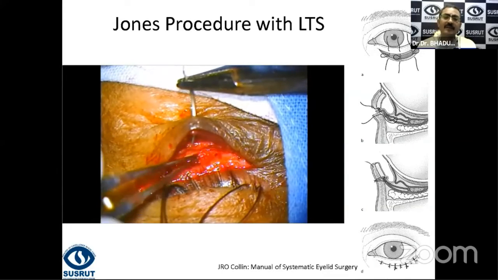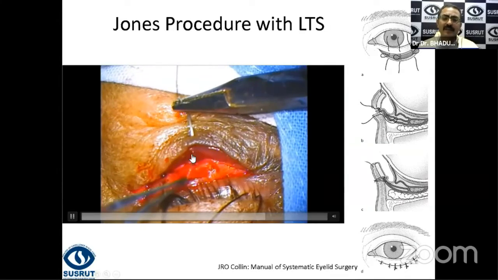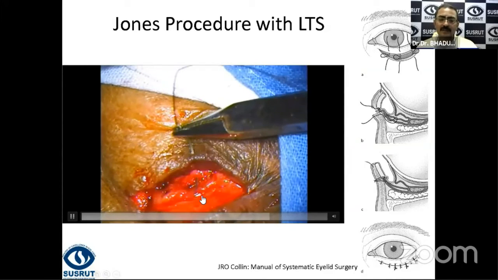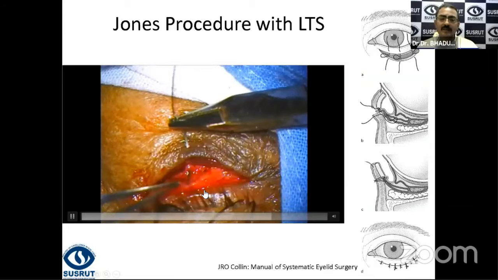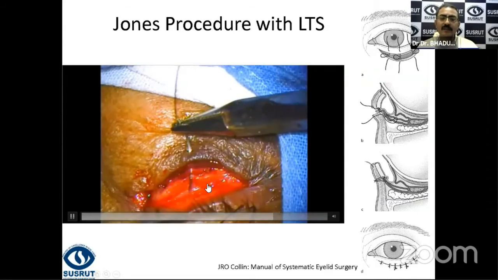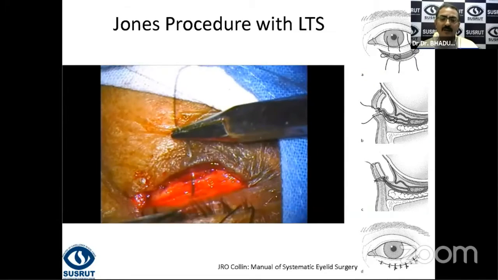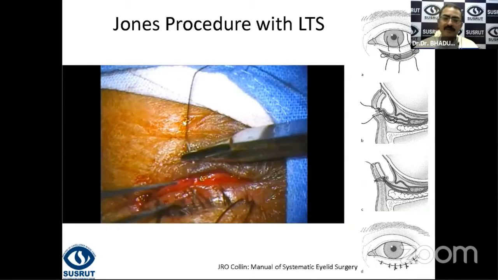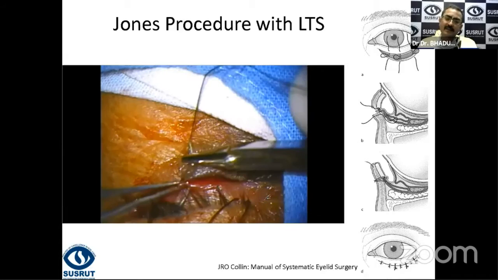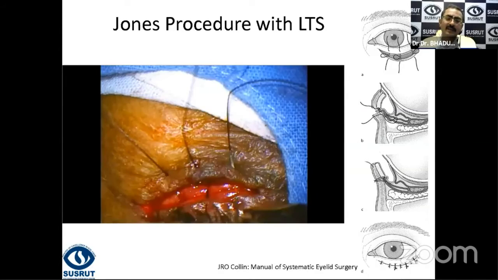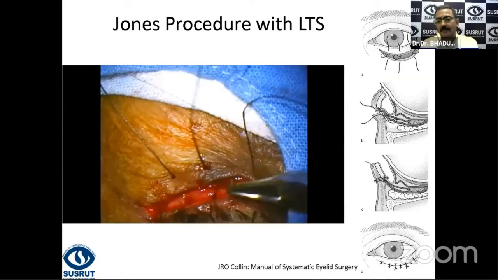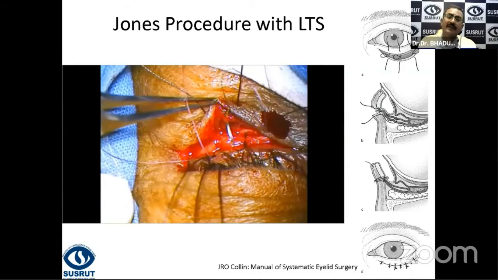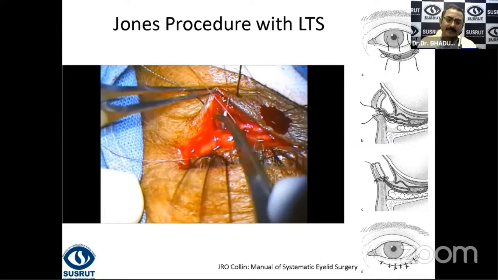And here what we're doing is we are passing these correcting sutures through the skin, orbicularis, through the dehisced or loose lower lid retractors here, then through the tarsal plate, the lower border, and again the orbicularis and skin. You can also do a direct suture of the CPF to the tarsal plate, but I find that this works better in my hands because here, if required, I can remove the sutures earlier in case I end up getting a little bit of overcorrection.